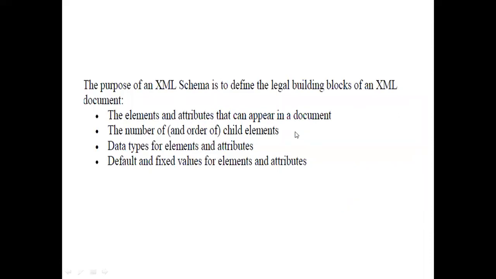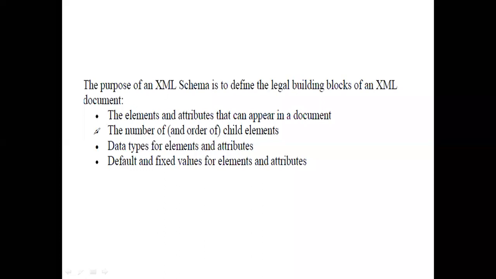So the main purpose of the XML schema is to define the legal building blocks of an XML document. What are the legal building blocks of an XML document? Elements and attributes. These are the major building blocks of an XML document. So with the help of XML schema, we can specify the order of the child elements.